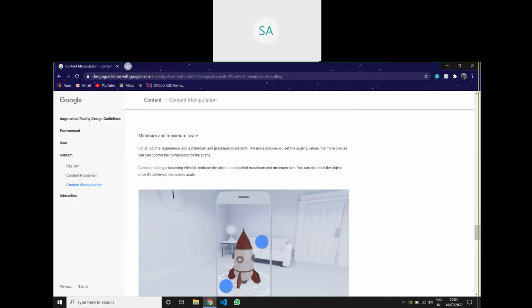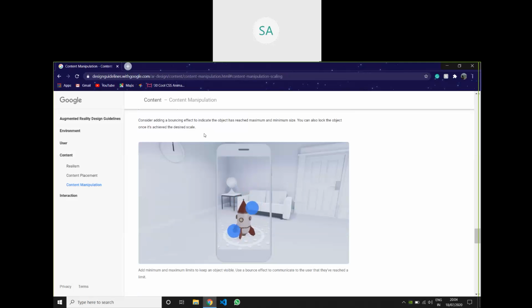And then minimum and maximum scale. If there is a sofa, the ideal size of a sofa in our world is going to be somewhere around 1 meter or 1.5 meters in width, and around half a meter in height. So that would be our maximum scale, and the minimum scale would be something like a miniature version of the sofa.